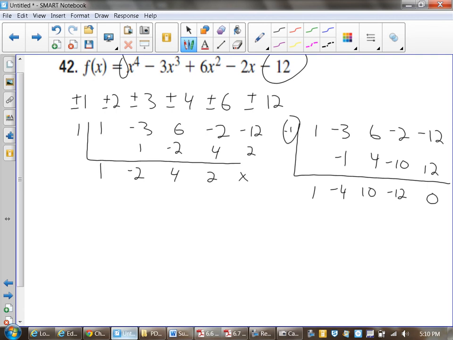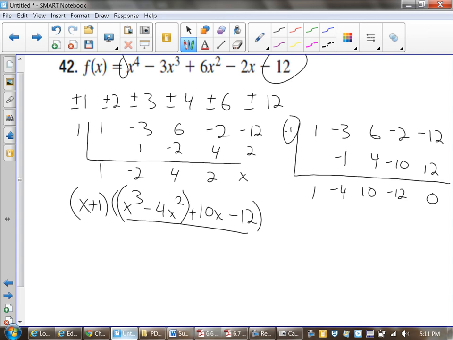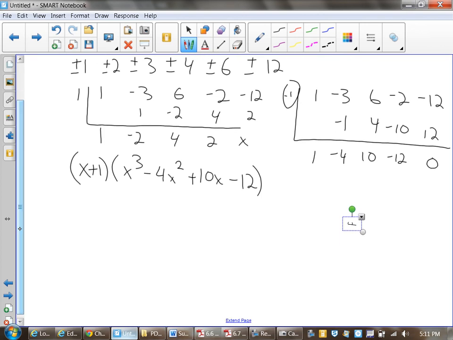Now remember, that means as of right now, I have a term, x plus 1 times the quantity x cubed minus 4x squared plus 10x minus 12. When I look at that cubic function, a lot of times when there's 4 terms here, I look to see if it is possible to group here. Unfortunately, I'm not going to be able to group this one. So again, I just continue on with my synthetic division